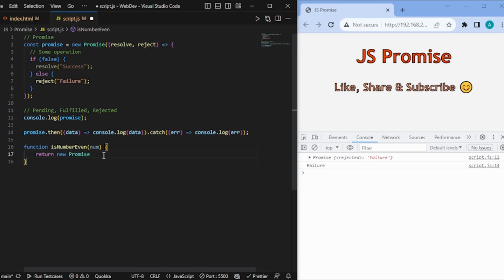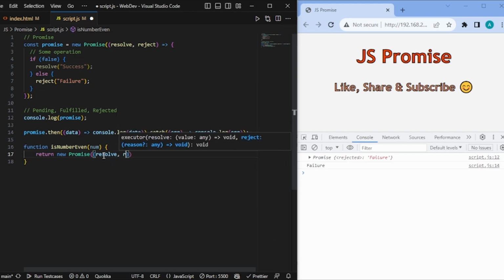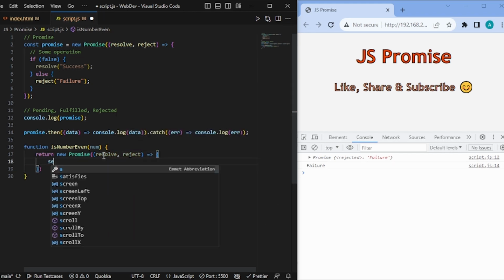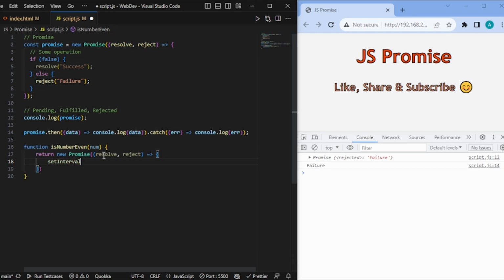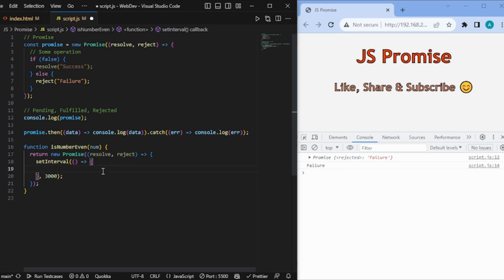And inside this promise, what do I have? I will have the resolve and the reject. Let's also add one more thing: I want this to be executed, let's say, after 3 seconds. So I will use one setTimeout over here, and let's put 3 seconds. And inside this, what I will check is if